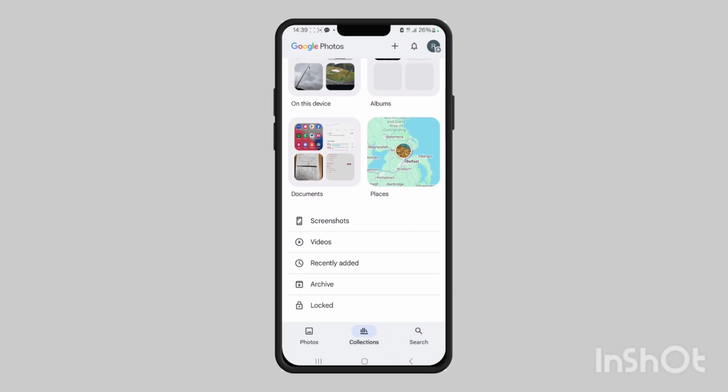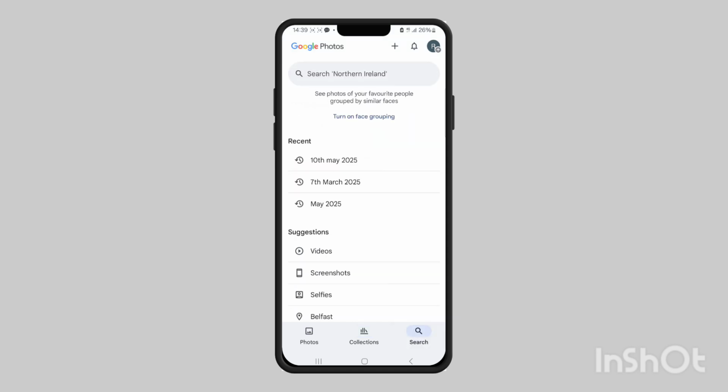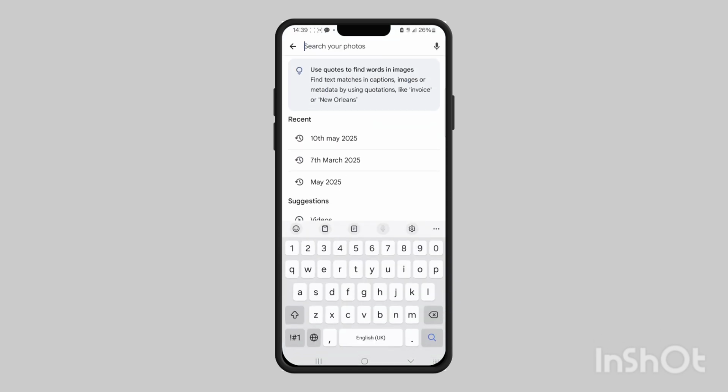In this video, I'll show you how to search Google Photos by date. So you simply come to the bottom menu and press on the search bar, and then you type in the date that you would like to see the photos of. So for example, if I wanted to see photos from the 25th of May, I would simply type in the